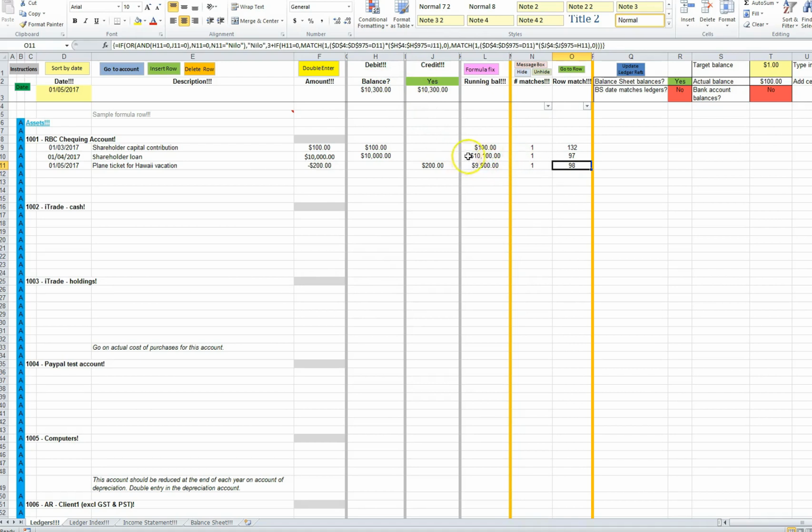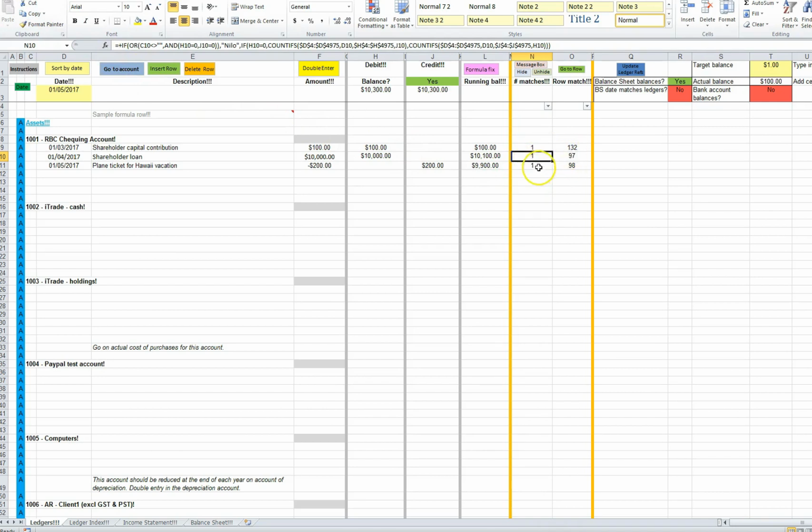So this set of cells up here does a check for where the debits balance credits, and these figures here between the orange columns, they basically are just feedback and are a guide when you're troubleshooting as to where a problem occurred. So that's pretty much an overview of